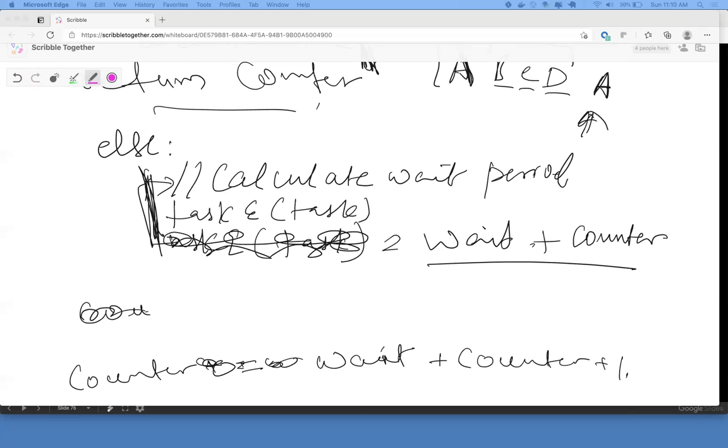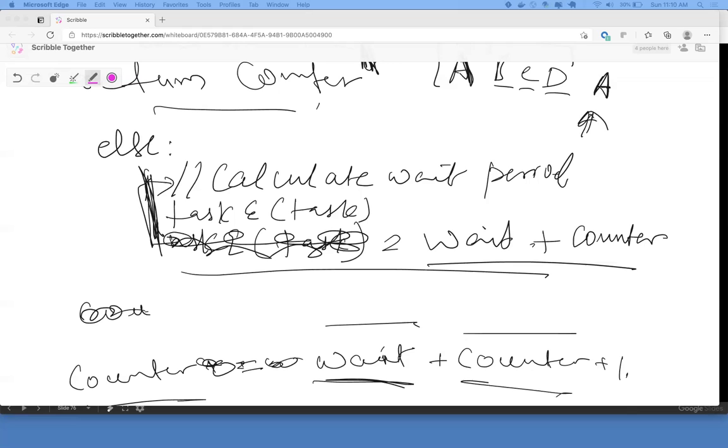Then we change the last executed time of that task to that wait plus counter, and at the end we increase the counter by 1. So this is counter plus wait plus 1 because we incremented by 1.